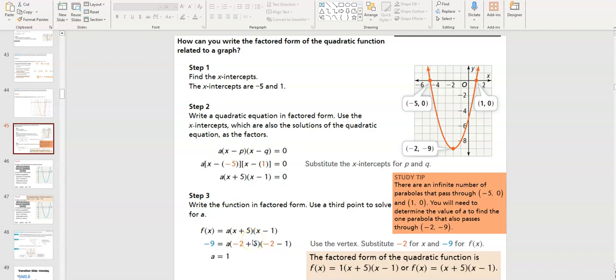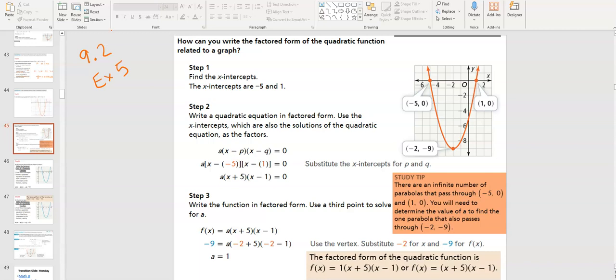Hey guys, no intro for this one because we're just continuing from our previous video. So this is 9.2 example 5. Make sure you watch the previous video before you jump in here. But we just didn't have enough time to give this example a proper explanation, so I wanted to make sure